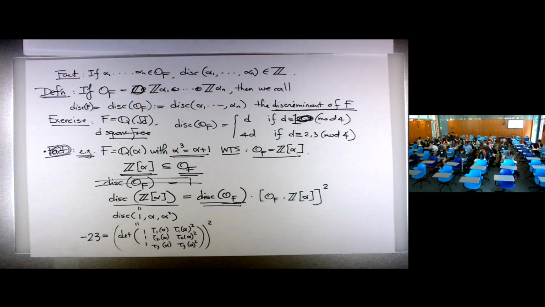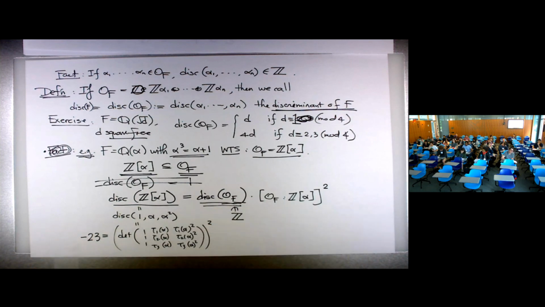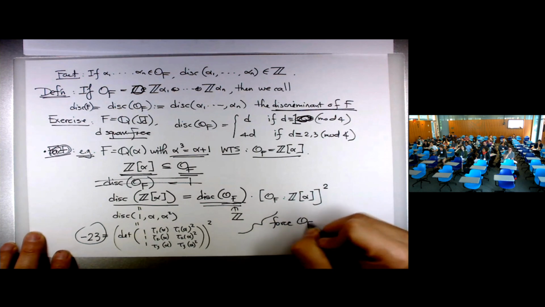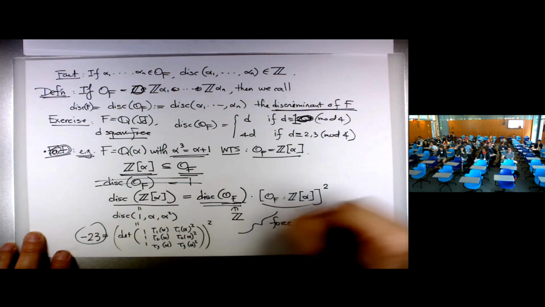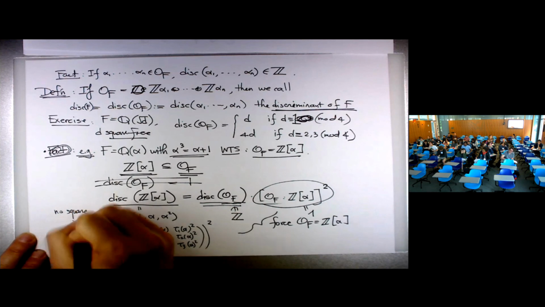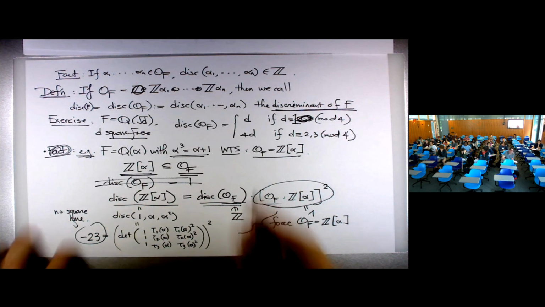But now you're in this peculiar situation. The left side is negative 23, a prime. But we know that the discriminant of OF is an integer, and they're off by a square factor. But there's no square factor in this 23 here. So this will force OF to equal Z[alpha], forcing this factor to be 1, because there's no square here. So that's how you use the discriminant to help you determine what OF is, in the sense that you first approximate OF as best as possible. Like in this case, you would guess that somehow